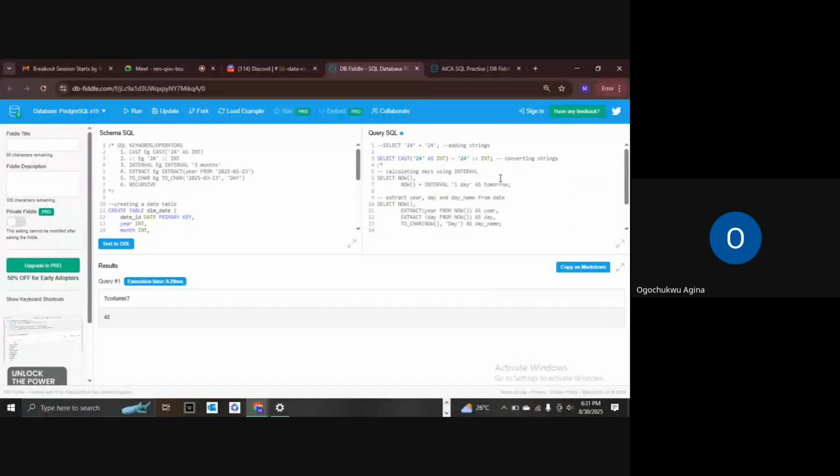So the third keyword we're looking at here is the interval keyword. Interval is simply